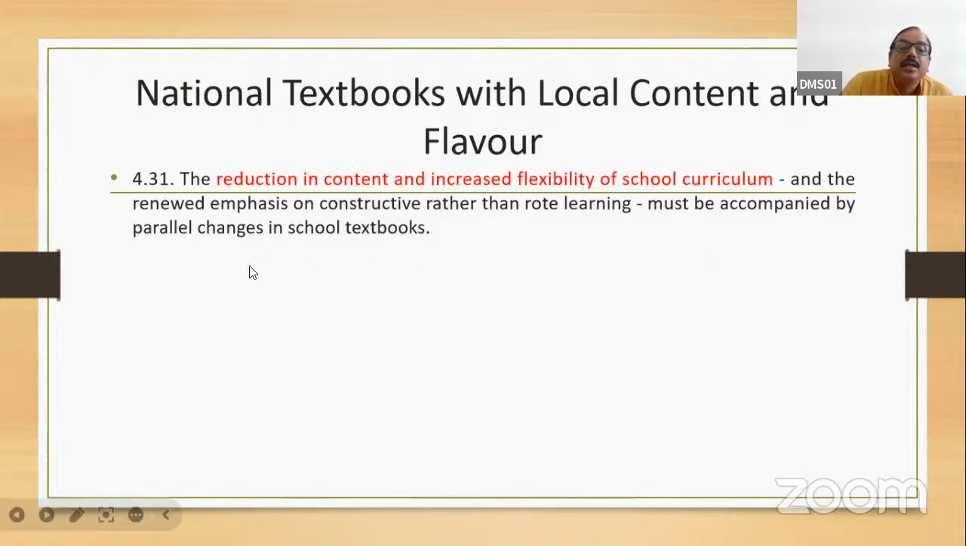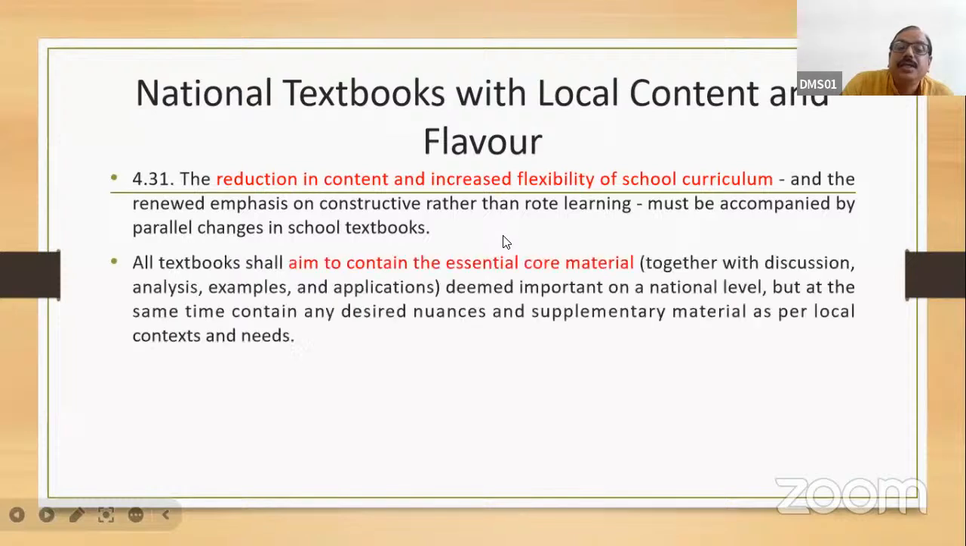And it says that you should have parallel changes in the textbook also. According to the philosophy, you need to bring in the changes in the textbook also. All textbooks shall aim to attain the essential core materials. So that means whatever the curricular aspirations are there, you need to bring in those aspirations as your core elements, together with discussions, analysis,